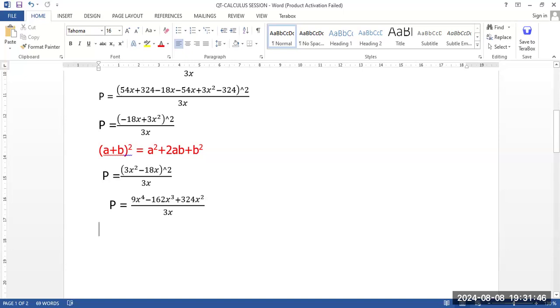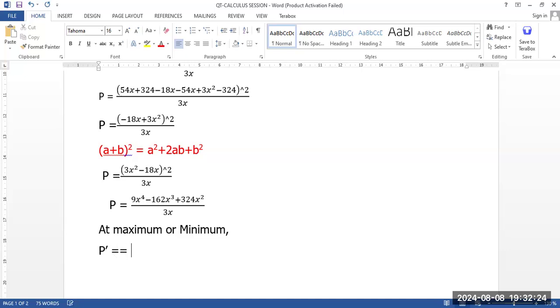And you need to recall that at maximum or minimum, the first derivative of your profit function, P, I can call this my first derivative. If I add this apostrophe, it will be equal to